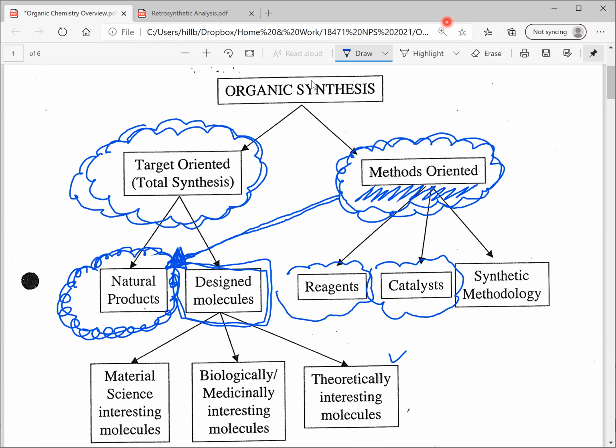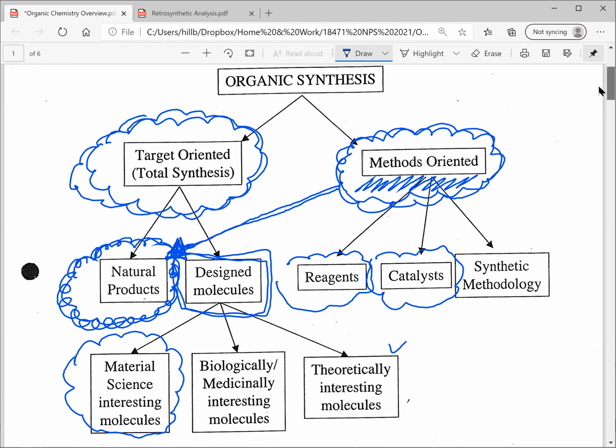There was a former colleague in the department who was in inorganic chemistry, who was basically trying to make molecular magnets using a combination of organic and inorganic chemistry. And so his whole approach was a material science sort of thing, making molecular magnets. And that was fascinating research. So that's the broad overview of